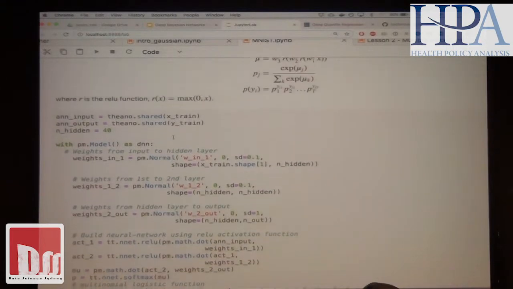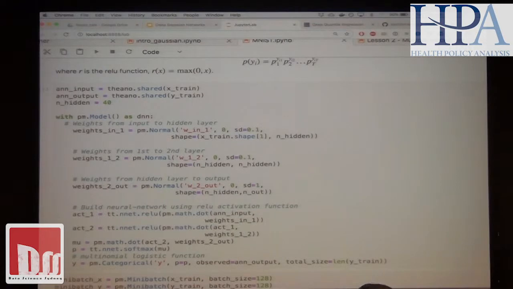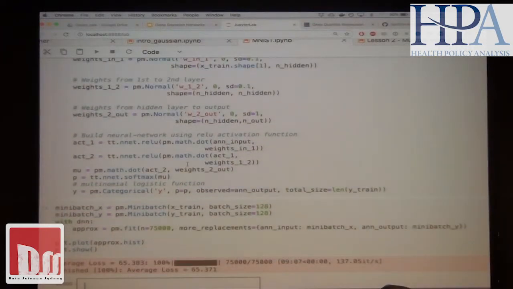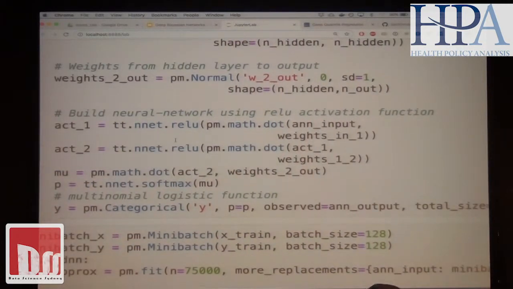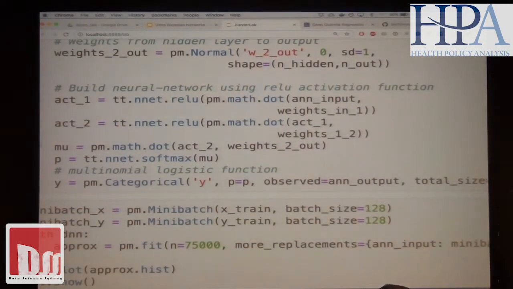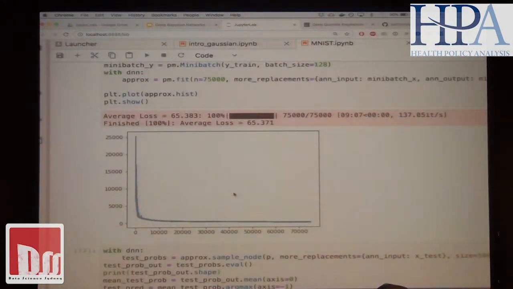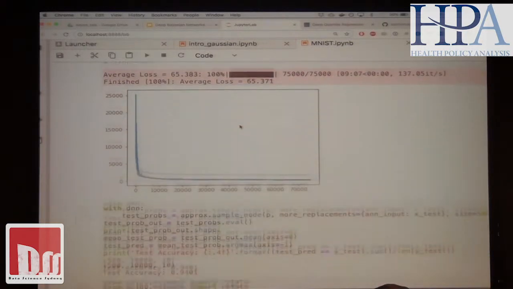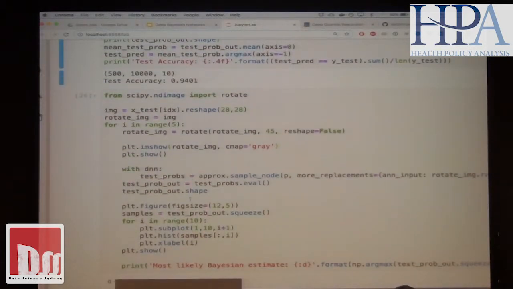This time, I initialized 3 sets of weights to have normal distributions, but the rest of it is just: I matrix multiply the input with the weights, and then take the ReLU function, again. The last 3 lines are exactly the same as the previous model. I did train this for a bit longer, but my accuracy goes up to 94%.